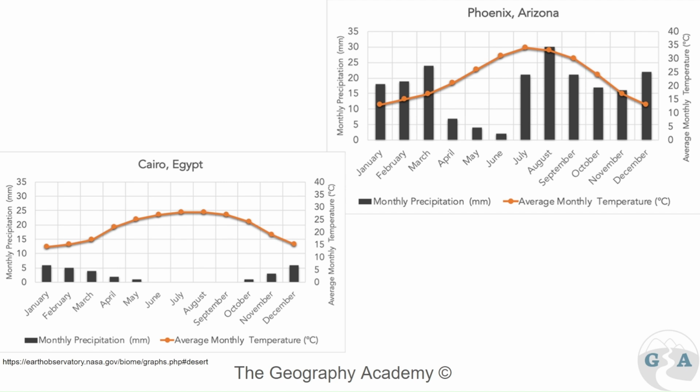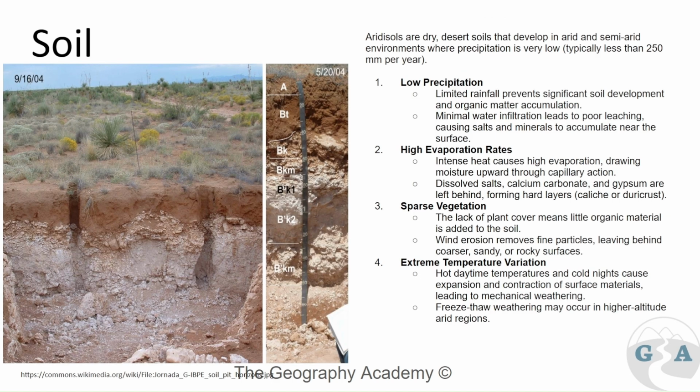Then Phoenix also goes through similar differences to Cairo. As we can see, there's a large rise in the summer months in temperature, and then the temperature drops back down to about 11 to 12 at its lowest. These types of extreme climates then, where we see very high temperatures on average, some fluctuations in seasonal change,